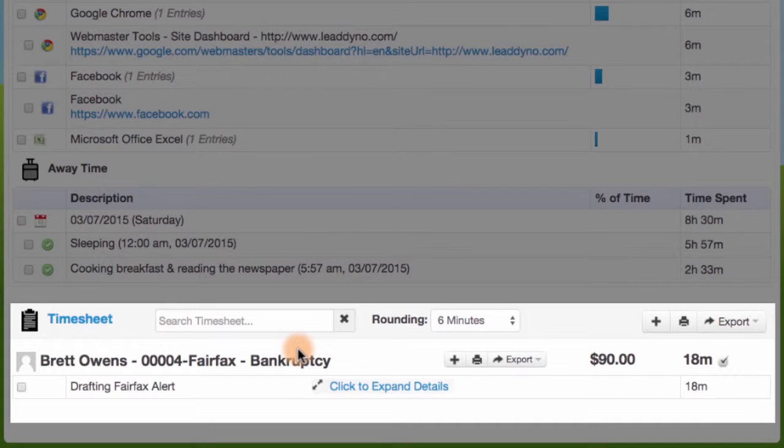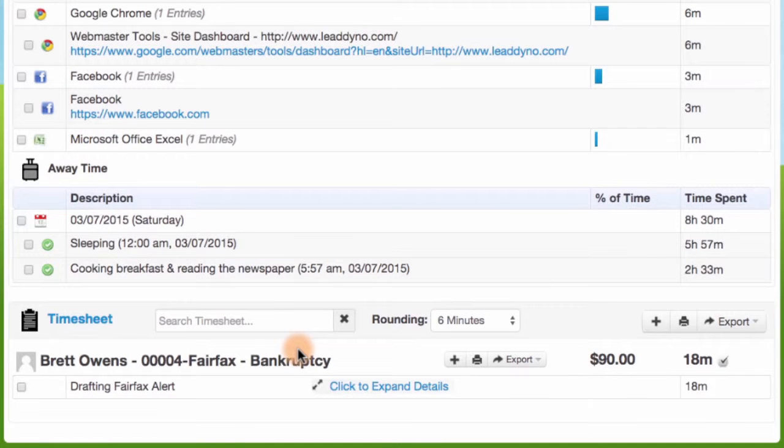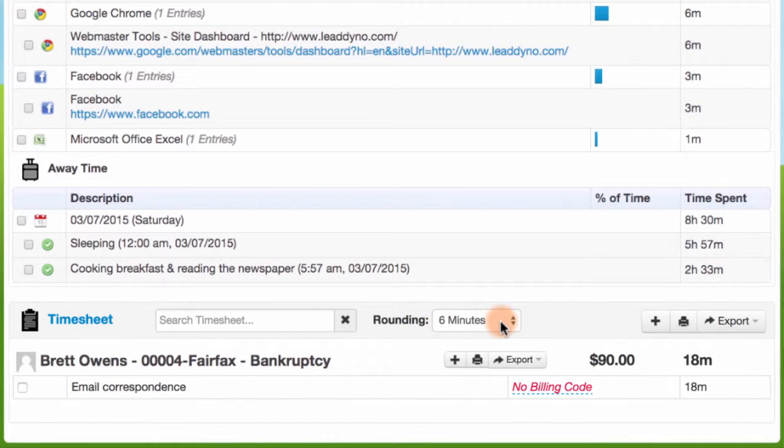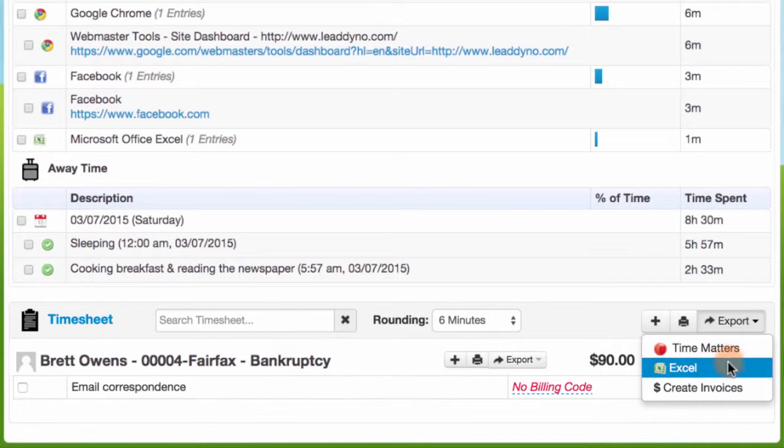And as we combine these entries and move them to our timesheet, Chrometa rounded up the time for us based on our rounding setting of a 6-minute increment. From here, we can keep building our timesheet. And when we're done, we can export it to Excel, print it, create an invoice for it within Chrometa, or export it to another billing practice or management system like QuickBooks, Clio, or one of the other dozen-plus systems that